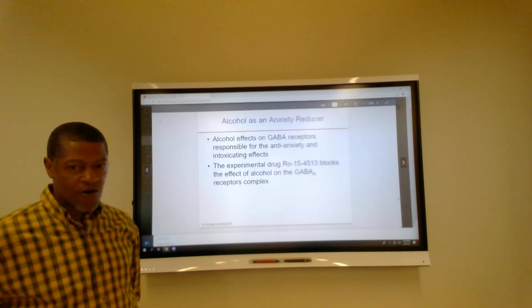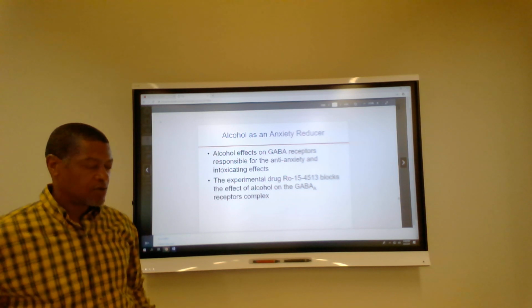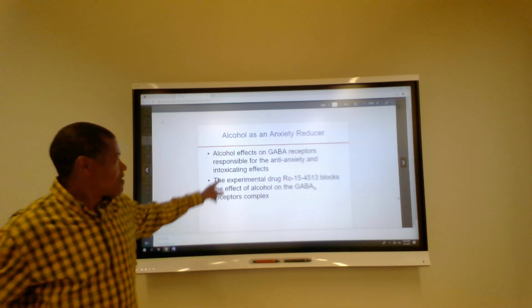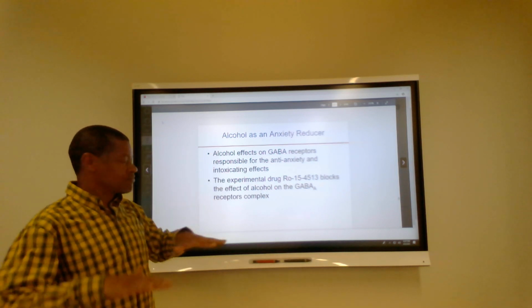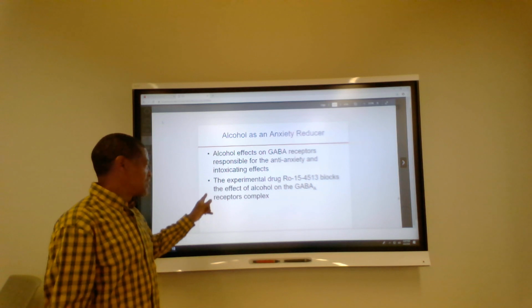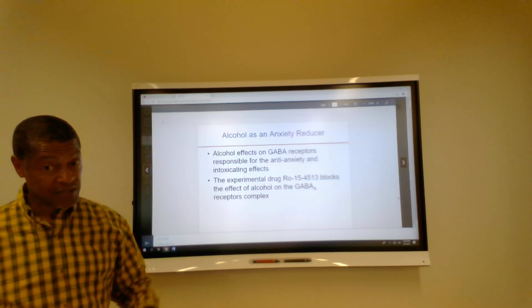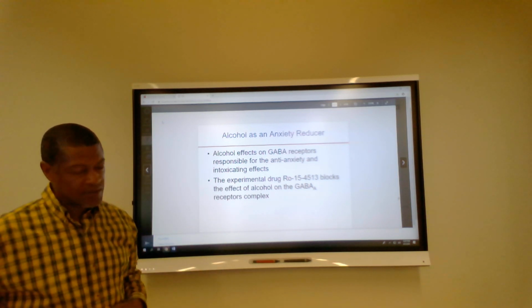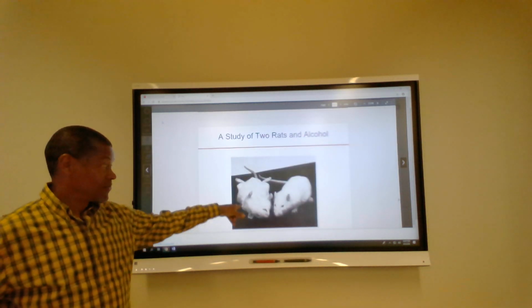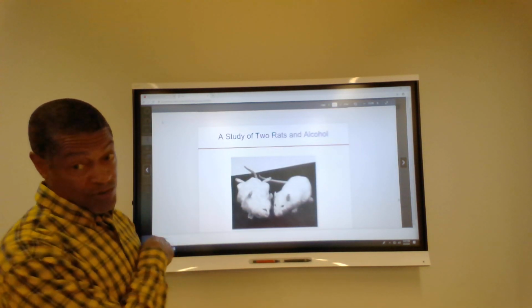So drugs like alcohol can be used to lessen your anxiety. Alcohol is really a depressant, but alcohol's effects on GABA receptors help to relieve that stress you may have in your life. And I encourage you to do alcohol, just letting you know that these are some things that happen. And you don't want to mix drugs and alcohol because that can have an impact. Anyway, that's not what it's really showing you.